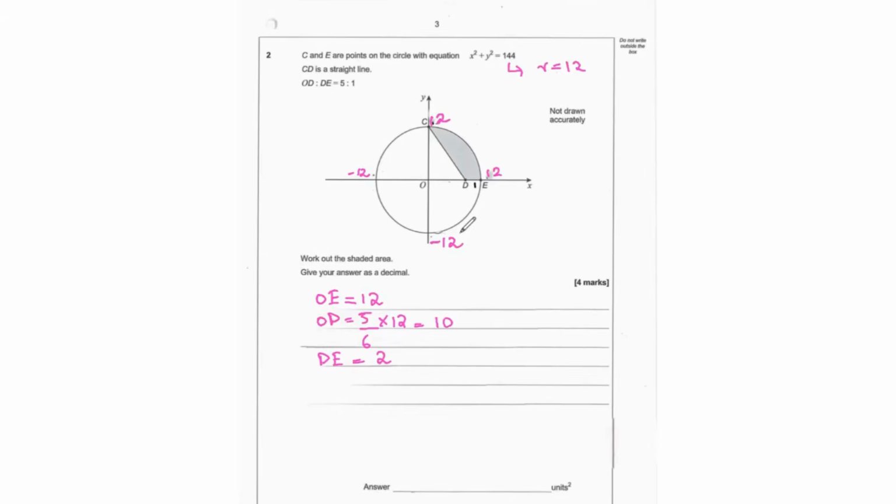Now, for the shaded area, if we look at this, we have a sector OCE, and then we have this triangle OCD. If we subtract the area of both of these, we can get the area of the shaded region. So area of sector is theta over 360 times pi r squared. Theta is 90 because it's a 90-degree angle. 90 over 360 times pi times r squared. r is 12. So that is going to give us